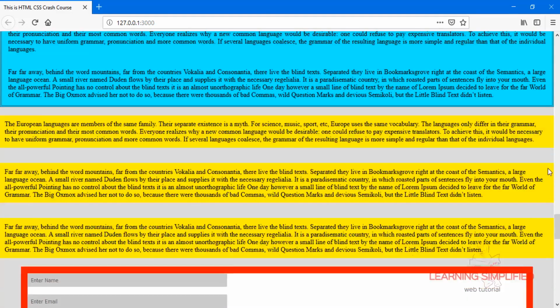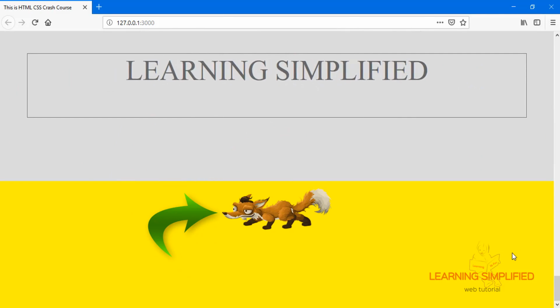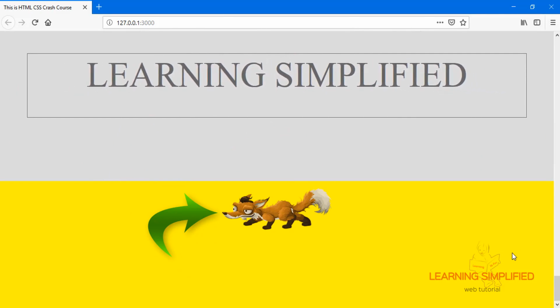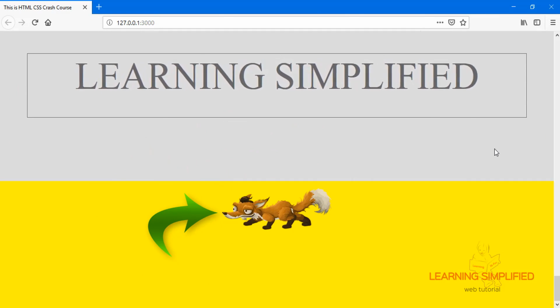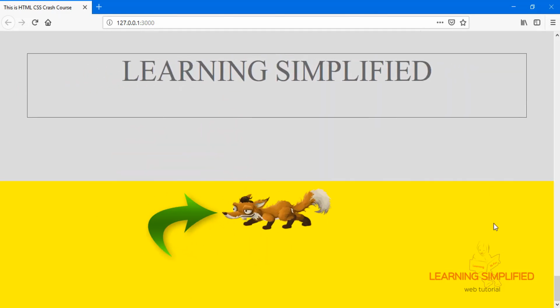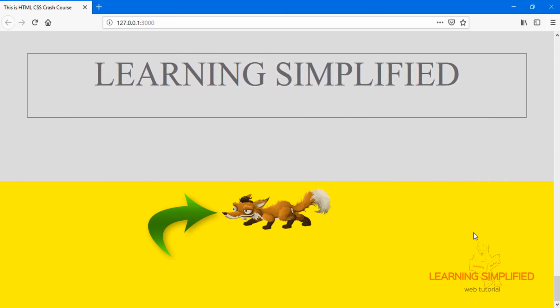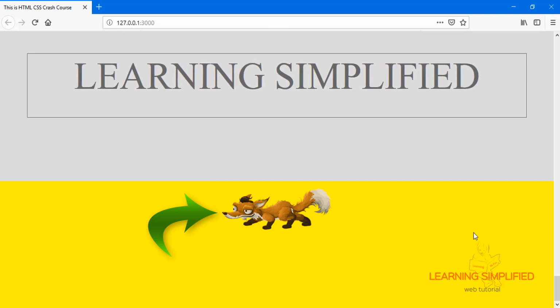Now if we get back to our project, this is the mouse in condition. That means when we hover our mouse in, and if we hover our mouse out, we can see that the exact same thing is happening. It is rotating on the particular nose segment of this fox. Have a closer look.